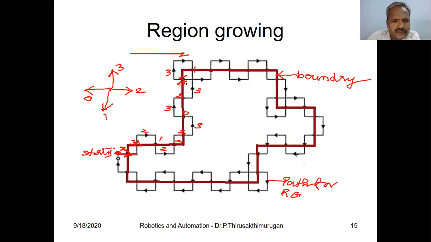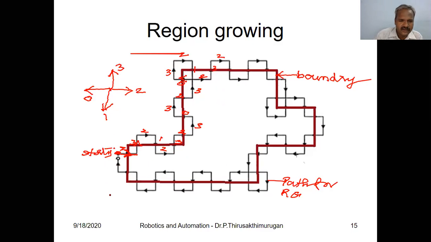It moves from here, goes to this side and covers here. Here is 2, then 3, 2. Like that, we have to cover the entire pixel boundary of the object by assigning this.